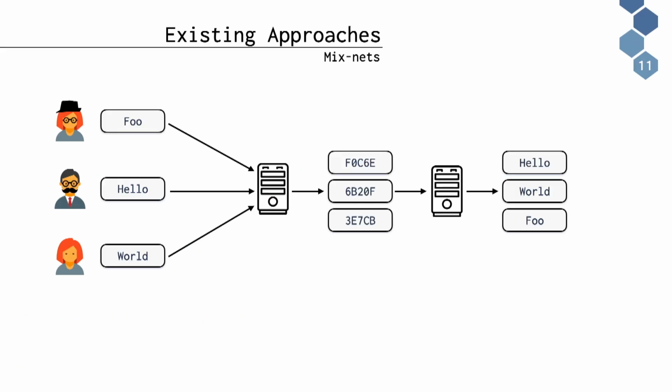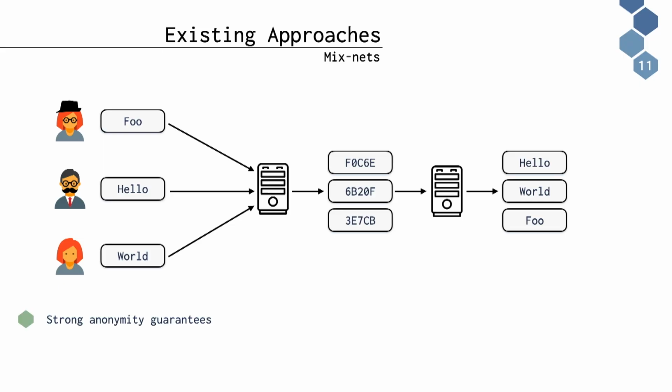A different approach is mixnets. Here I have multiple clients, and they speak to a sequence of servers, and each server permutes an encrypted set of those messages. But again, this approach structurally has the property that servers tend to speak one after another, increasing latency. Again, there's lots and lots of research that I'm sweeping under the rug here, but structurally this is something these approaches are susceptible to: I need a lot of hops for a mixnet.